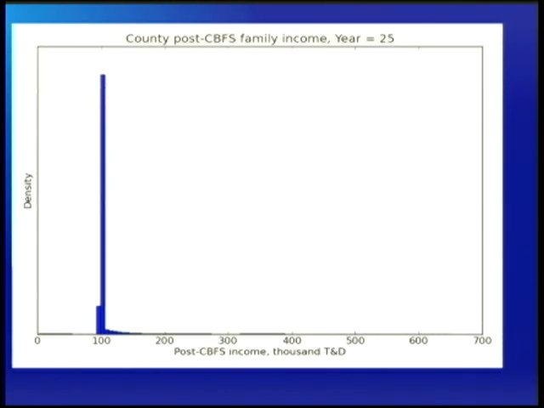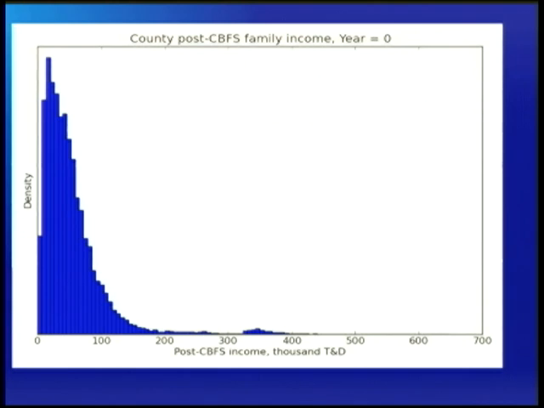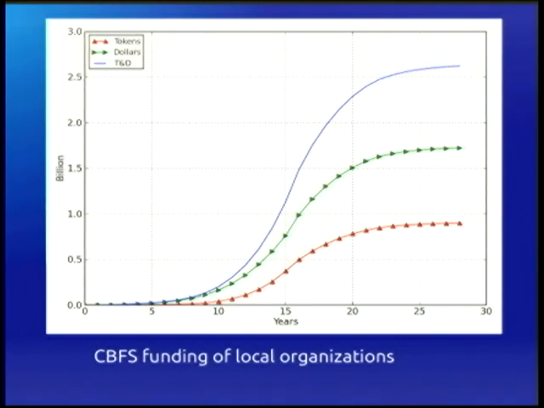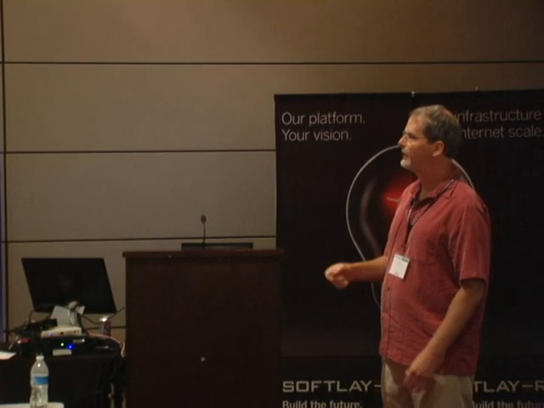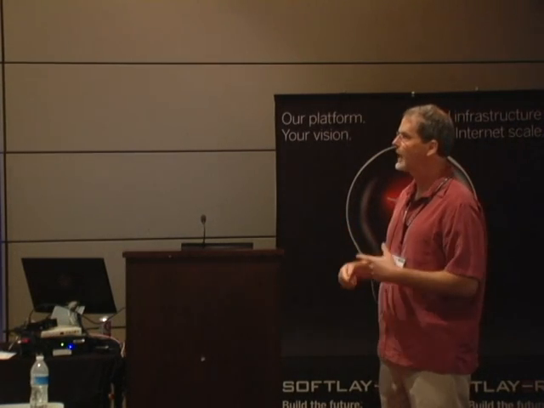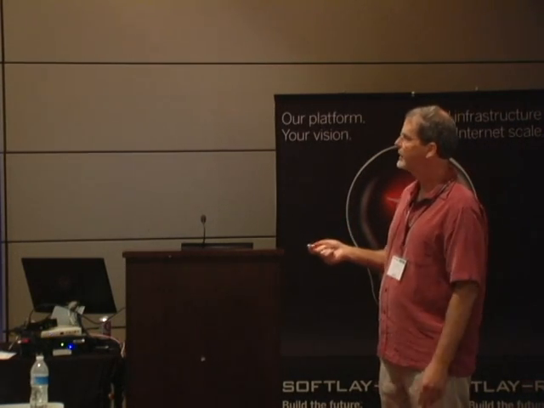The income target goes up, and then by the end again, essentially every family is making just over 100,000. And the other thing that happens, this graph shows how the LIDA community can address the big issues like climate change, healthcare, education, and all the other issues that it might want to address. This is showing how many funds are being channeled to local nonprofit and for-profit organizations.